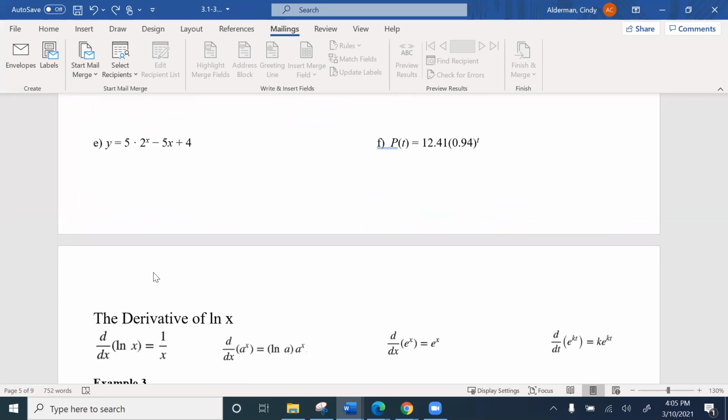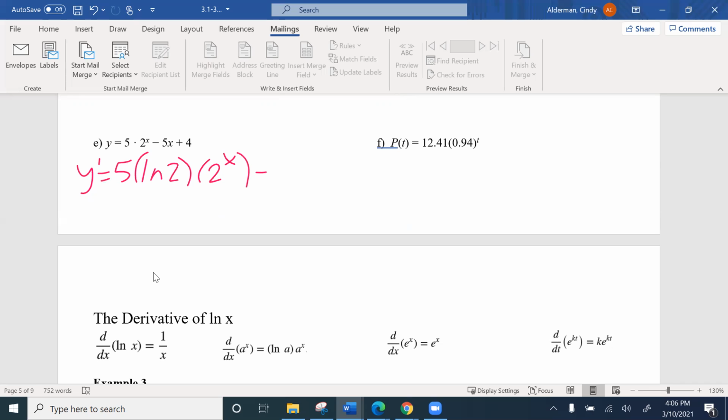All right, let's see. E, okay, so y prime, again, is going to be the constant multiple, 5 comes out. Then we're going to use the exponential rule. So we're going to do natural log of the base 2, and then just throw in there 2 to the x power,